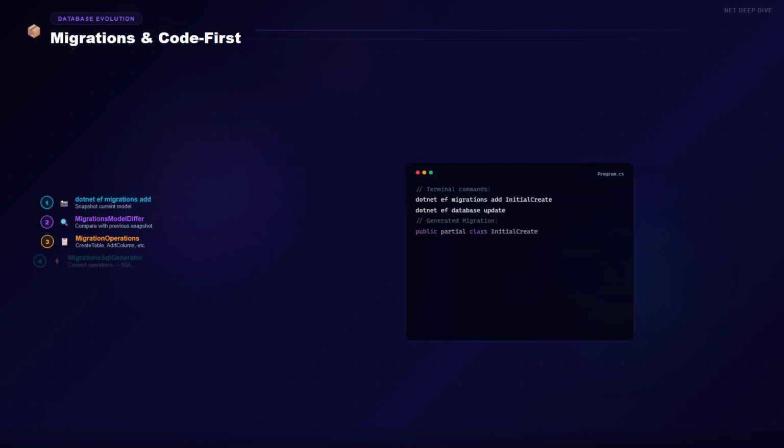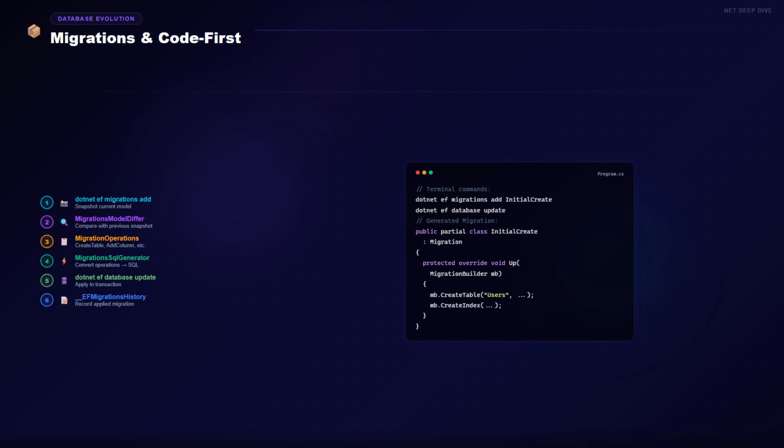Migrations let you evolve your database schema alongside your code. When you run dotnet ef migrations add, EF Core snapshots your current model using ModelSnapshot. It compares against the previous snapshot to detect changes. The migrations